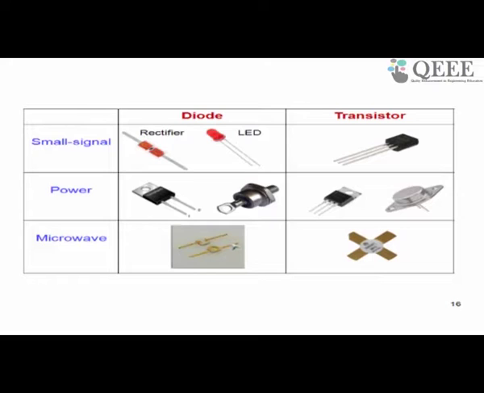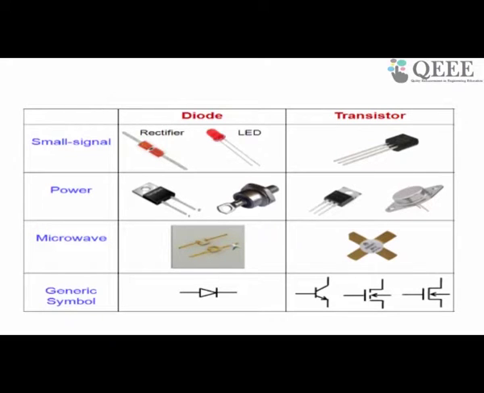So we don't want any extraneous capacitance or inductance. Only the capacitance or inductance that is offered by the device should be there. Nothing else should be there. The bottom of the table gives you the symbol that is used. A two terminal device, that is a diode, is represented using this kind of symbol. Based on the arrow you can figure out which direction is the forward current and which direction is the reverse current. In this case, for example, the left hand side is the anode and this strip is the cathode. When you have the left hand side positive and the right hand side negative, you say it is forward biased.